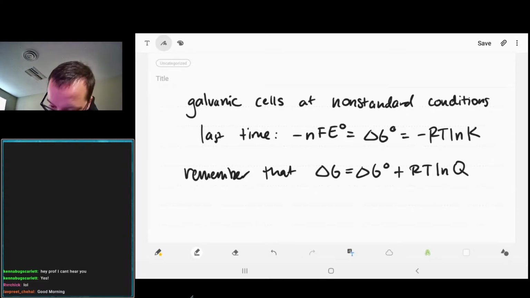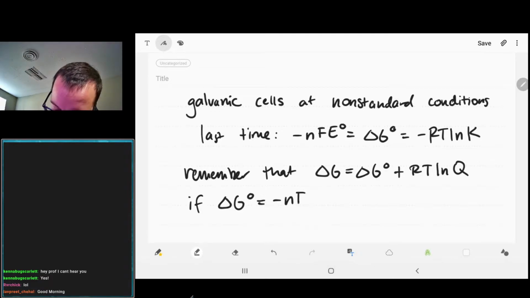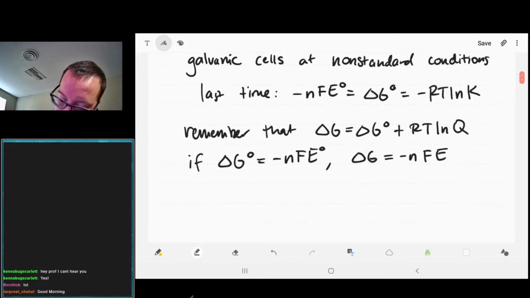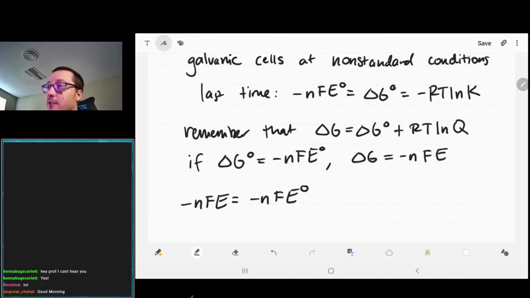And then the standard delta G would be related to the standard cell potential, so we can go ahead and expand that, getting rid of the standard conditions for the other delta G. And so we can plug all this in. If we just substitute in those delta G values,